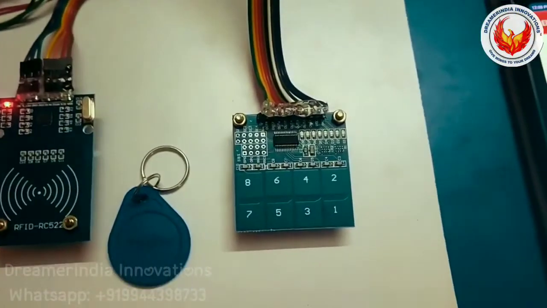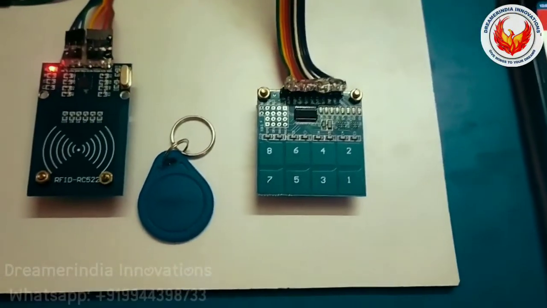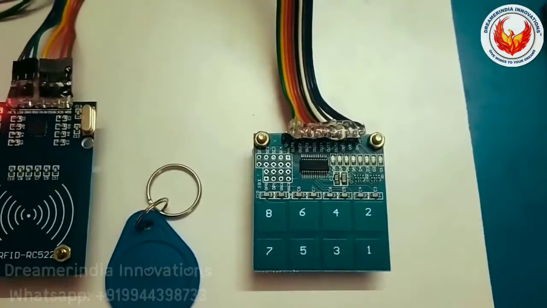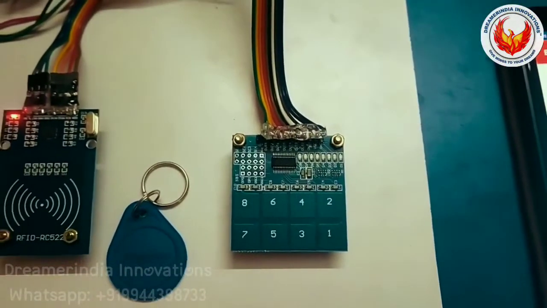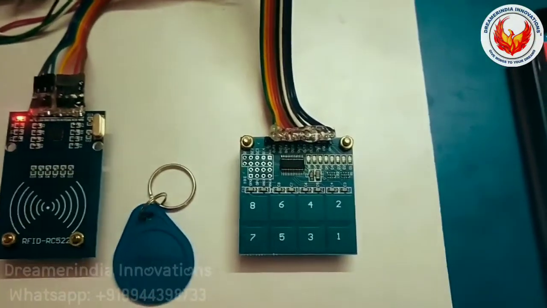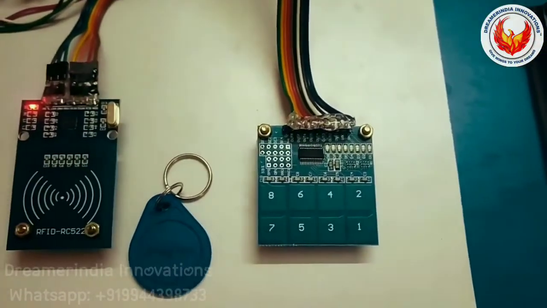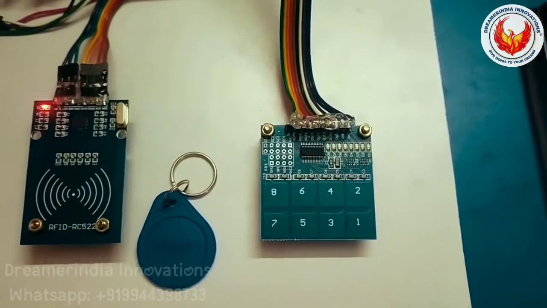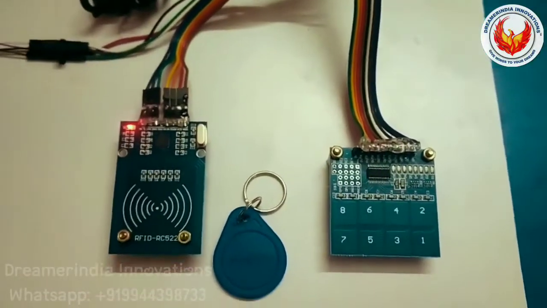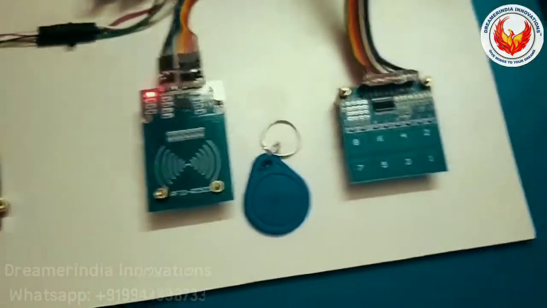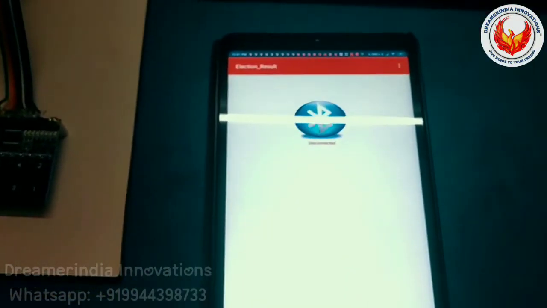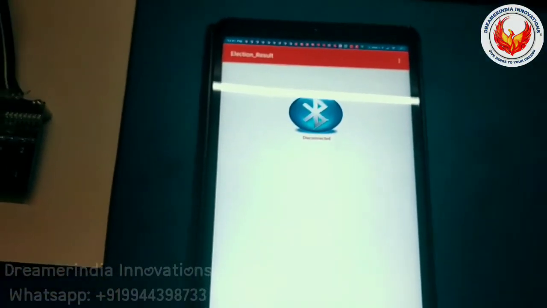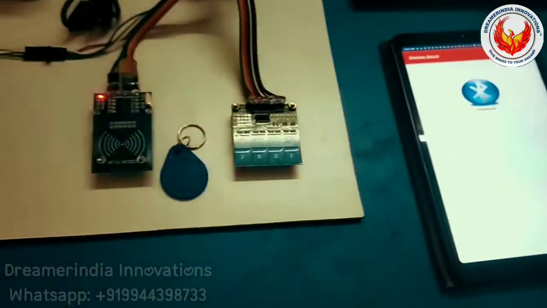And then we have the touch keypad. By using this capacitive touch keypad, we are going to select options like voting, result, or candidates, and also we can directly click on the GUI and select. We have both options, and we have the mobile application for getting the result remotely. So we have the mobile application, and also we have the IoT.